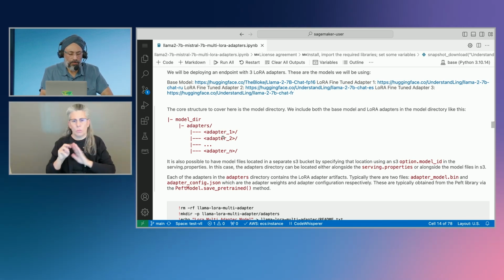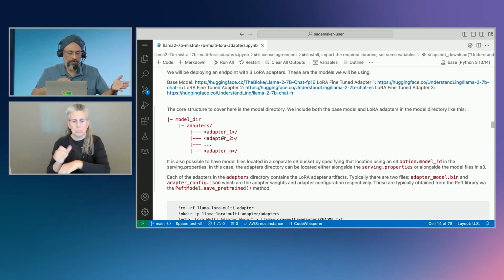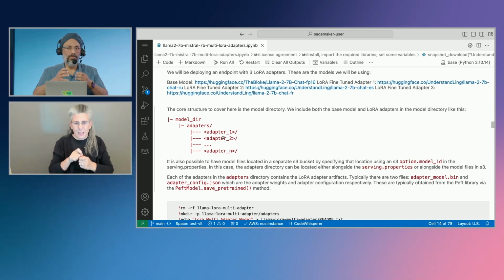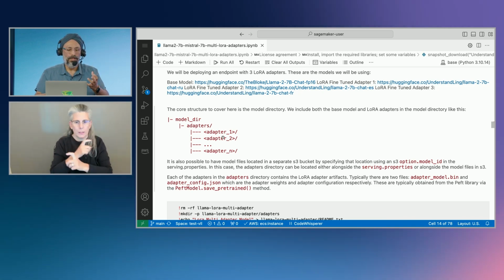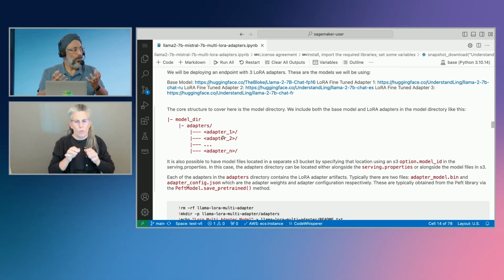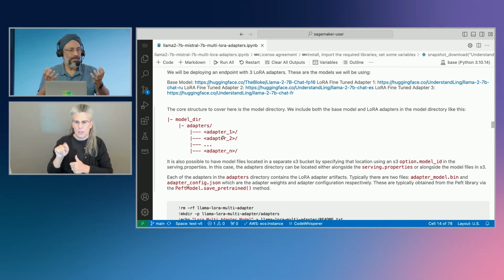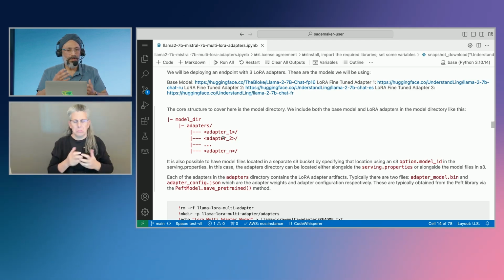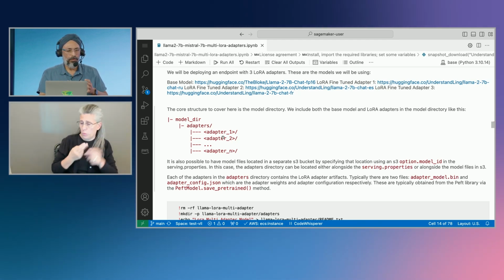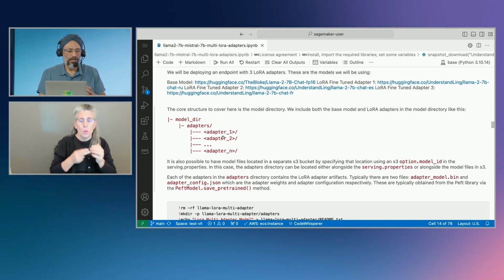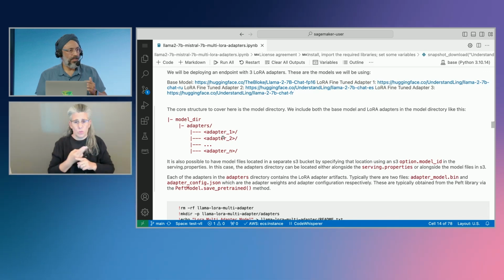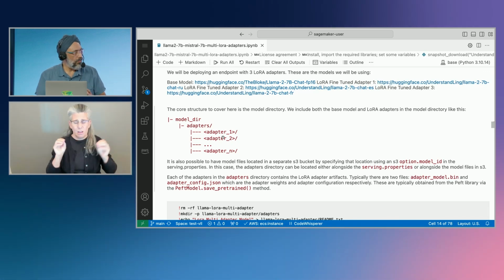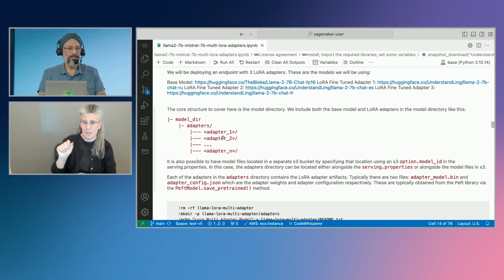Now, the engineering which you're mentioning is so complex. How do I figure out which adapter to use? How do I figure out which GPU to use? And on top of it, I've got two of these models, both in the same instance, and both are rotating the adapters. So how do I get all of that engineering done? If you were to build from scratch, it's not a trivial task. But in SageMaker, we have a container pre-built, preloaded with all of those libraries, and just a configuration gets you to that point.